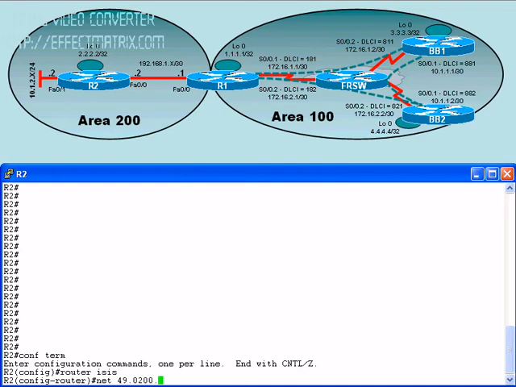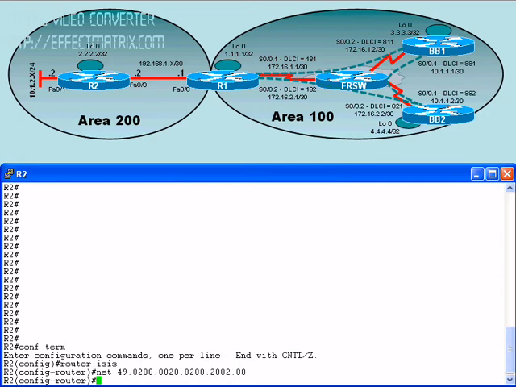So let's use that as our system ID. We can say 002, 002, 002, 002, and then I'll go back and put in the dots after every 4th digit. Finally, we give a couple of zeros for our N selector, and we've initiated the ISIS routing process on router